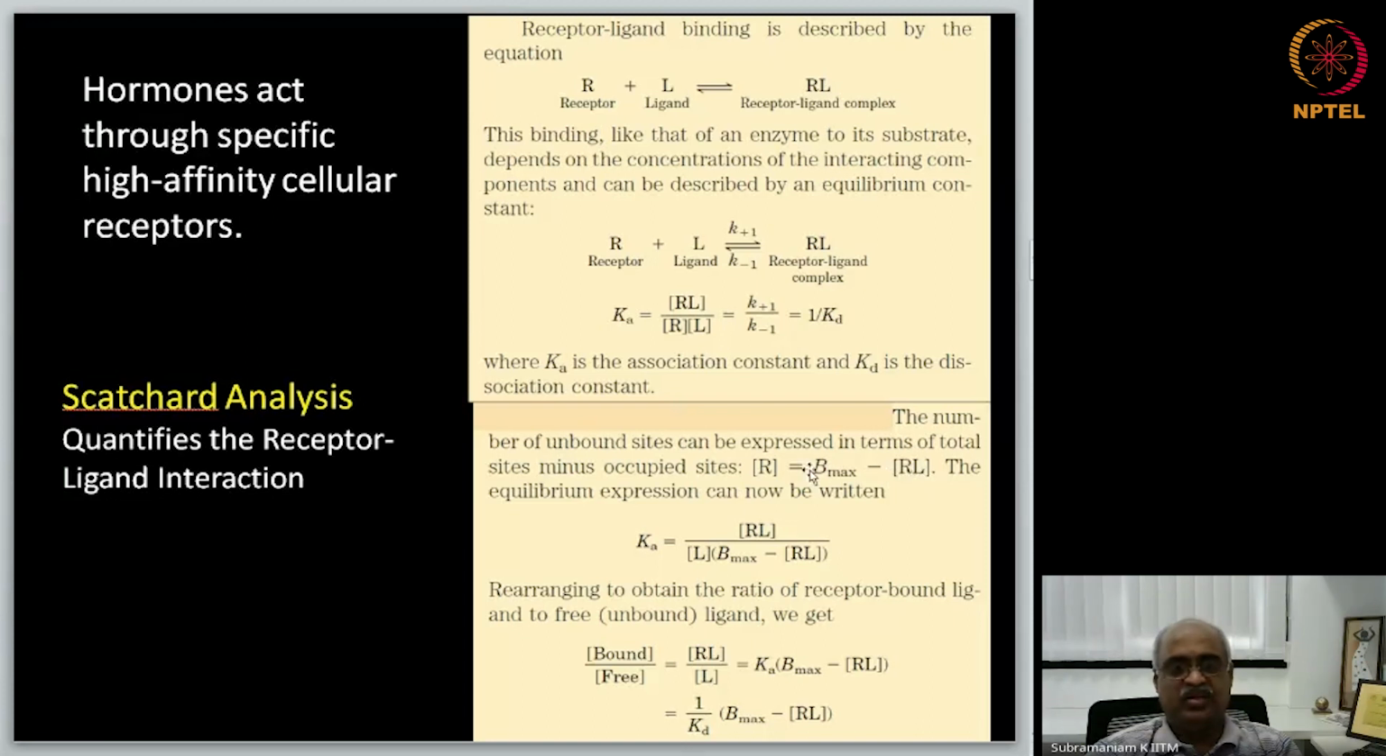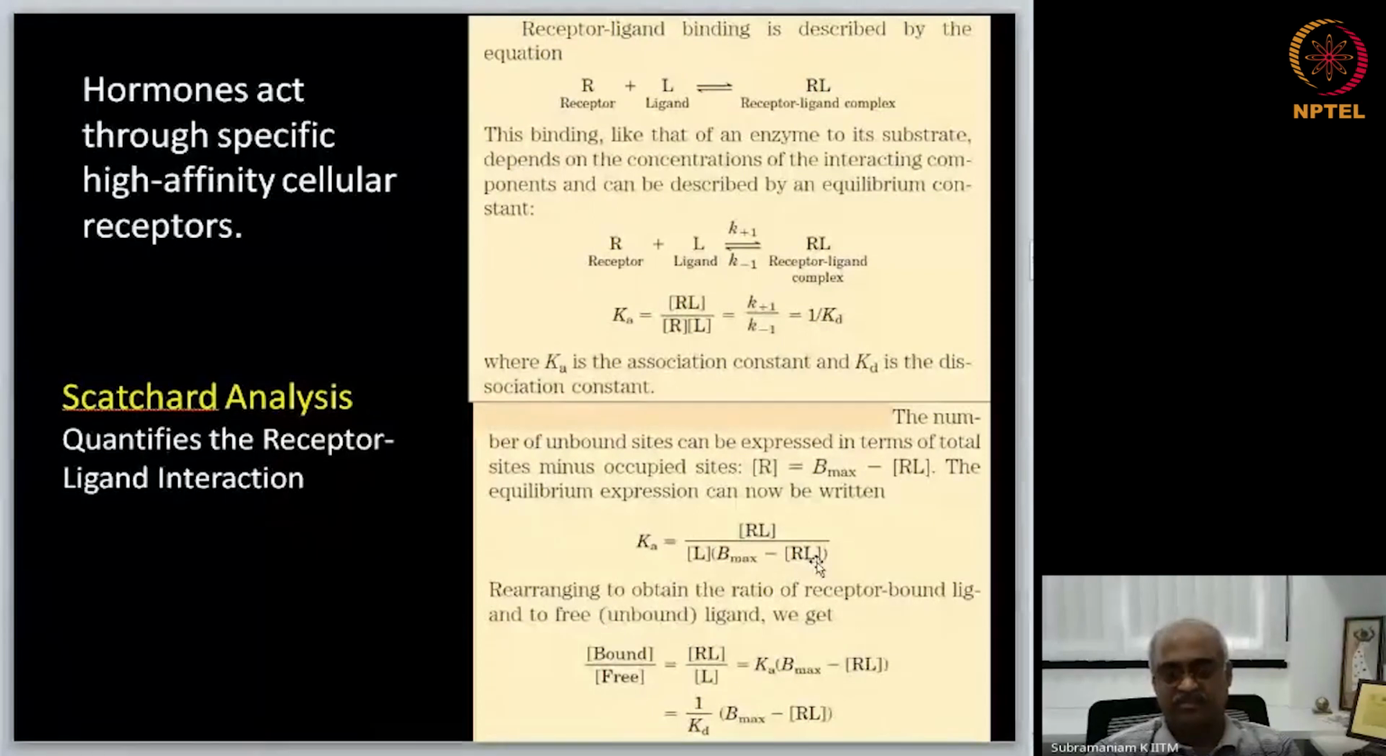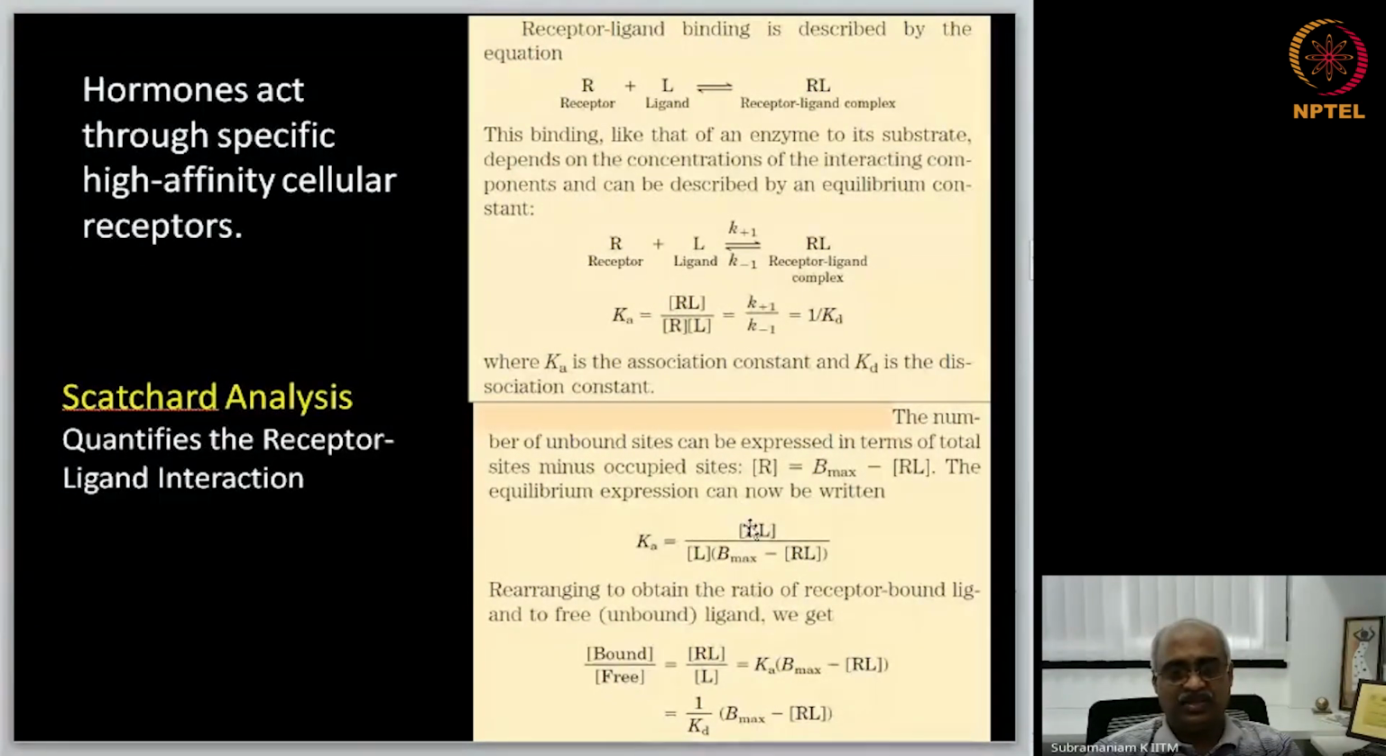So this is the total receptor where ligand binding is possible. From that you subtract what is already bound, then you get the free receptor. So R equals Bmax minus RL. Now if you introduce that into this equation, this will be RL, and this R you are going to call Bmax minus RL. So that is Ka. And when you rearrange it to get bound by unbound